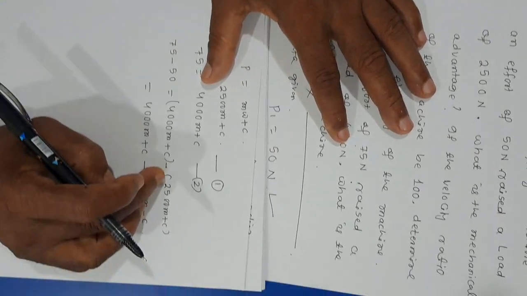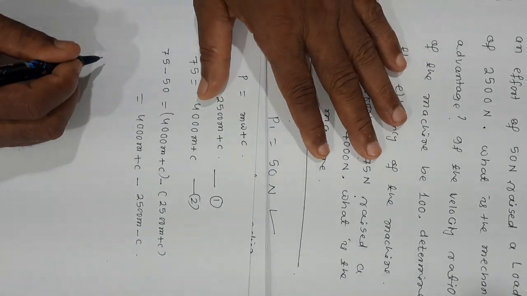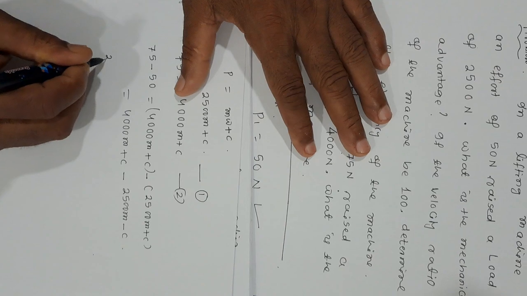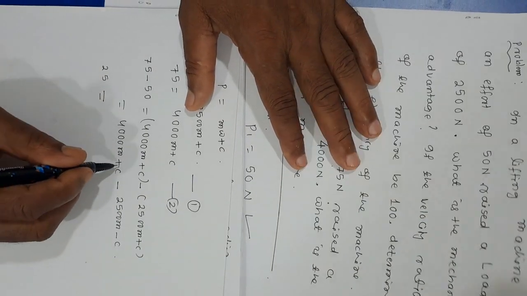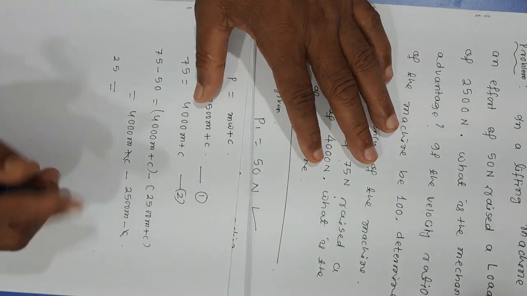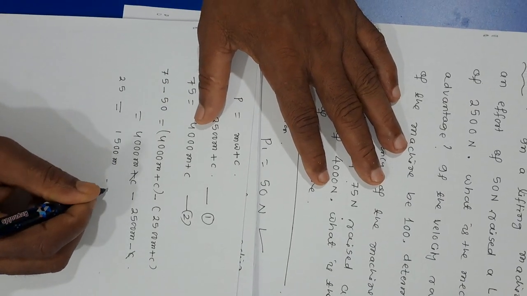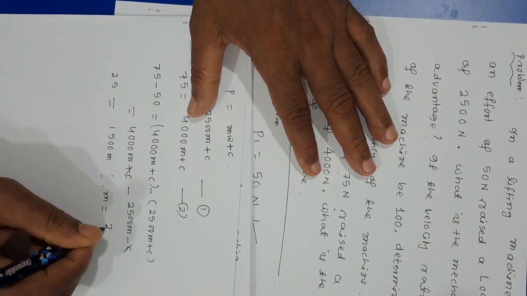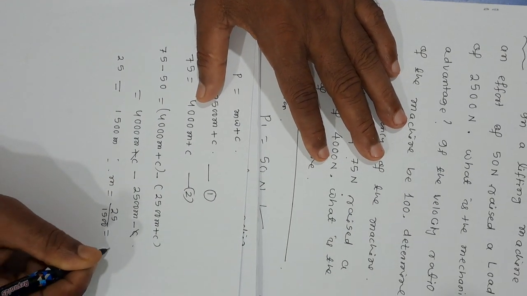After removing this bracket, 75 minus 50 is equal to 25. 25 is equal to 4000 m plus c minus c, the c cancels. 4000 minus 2500 is equal to 1500 m. Therefore, m is equal to 25 by 1500 is equal to